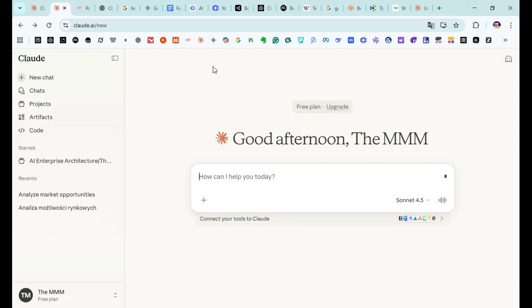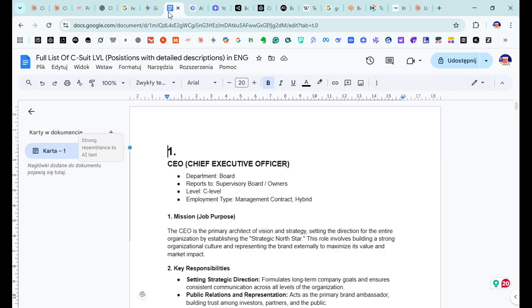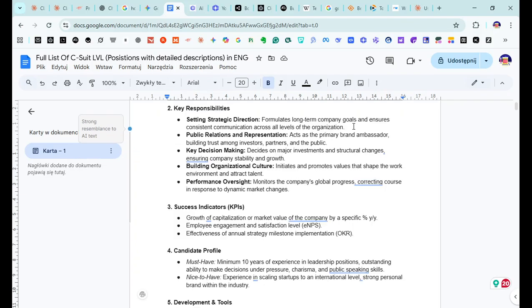Okay, so now back to the real deal. Full list of C-suite level positions with detailed descriptions in English.